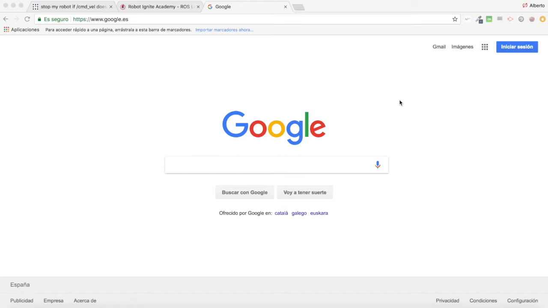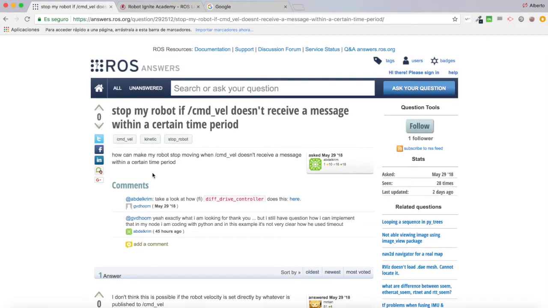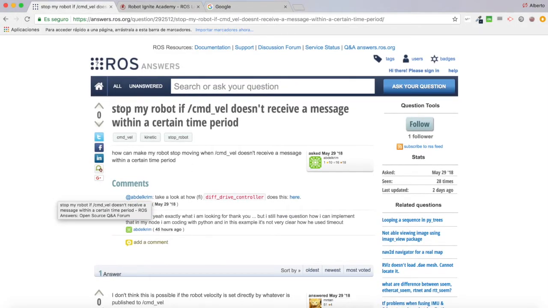I am Alberto Ezquerro and today we are going to be answering a question that I found in the ROS Answers forum, which is basically this one. And he says, stop my robot if command bell doesn't receive a message within a certain time period. How can I make my robot stop moving when command bell doesn't receive a message within a certain time period? Okay, so today what we are going to do is to try to give an answer. We are going to create a script to try to solve this problem, this question that this user, Abdel Karim,